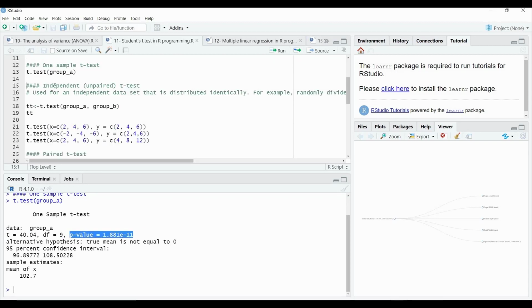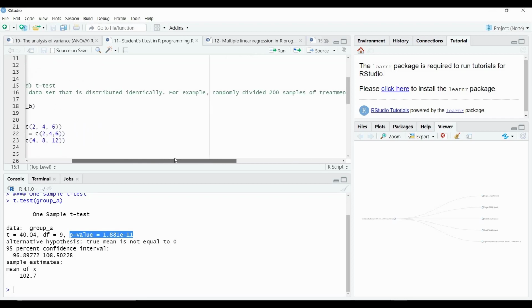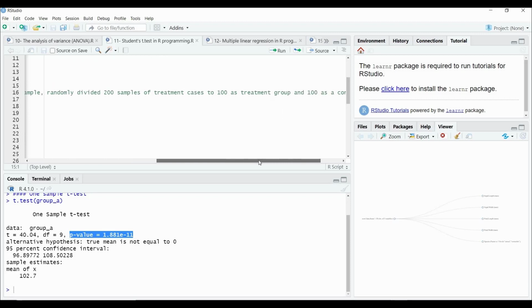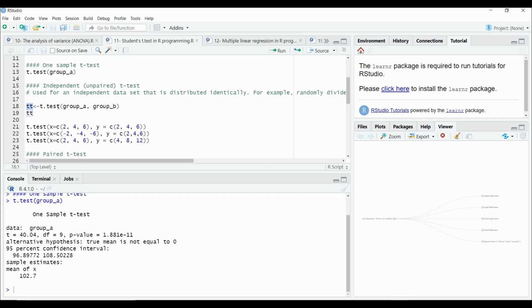Another type of t-test is the independent t-test, also called unpaired. It can be used, for example, when randomly dividing 200 samples of treatment cases into 100 in a treatment group and another 100 as a control group. The result equals the t.test function on group A and group B. The t-value is